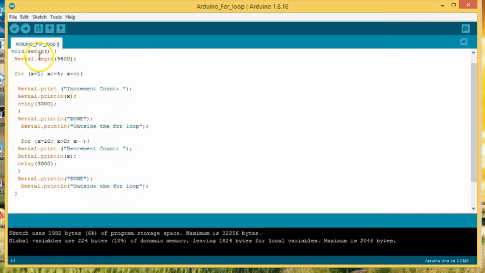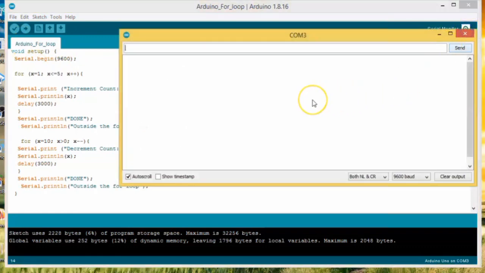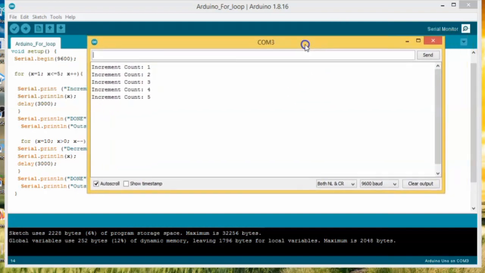Now we can see that we're done outside the for loop, just the way we have also illustrated up here. So let's upload this code and you see this play out. So as you can see, increment count 1, count 2, 3, 4, 5,